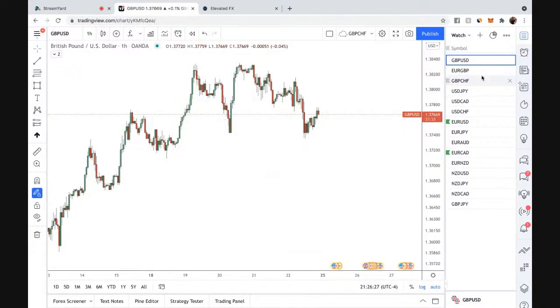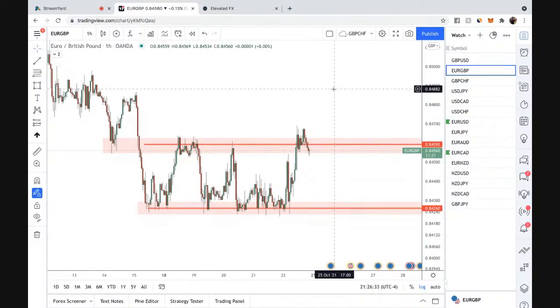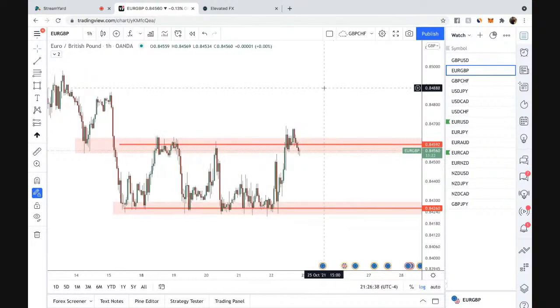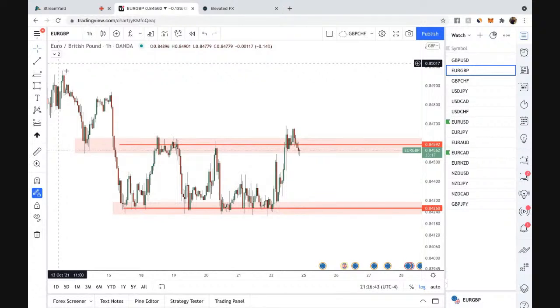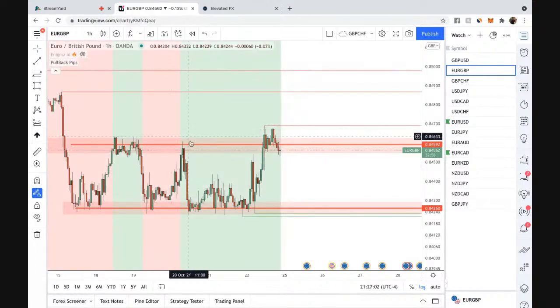Remove the drawings. All the markups that happened last week, remove the drawings, right? Because a setup is always going to set up. You could remove the drawings, add the drawings, but it'll always be an Enigma setup if it's a setup, right? For example, last week we talked about how important these two areas were, because eventually one area was going to support it and one area was going to break it. And we're starting to see how that market gave us momentum. So when we do bring in our tools, we're looking for a bullish bias, and now we have a break.